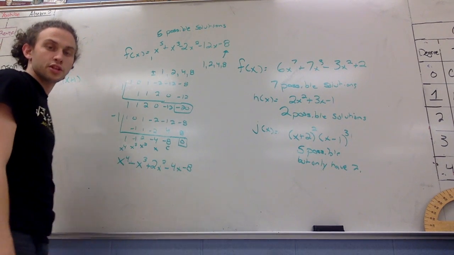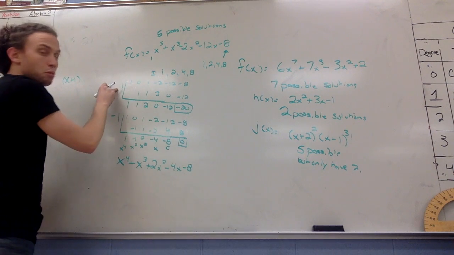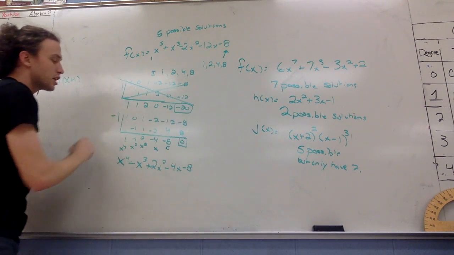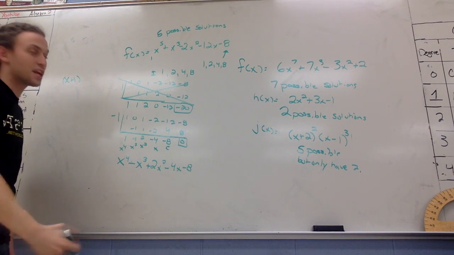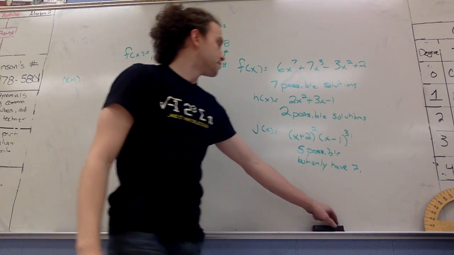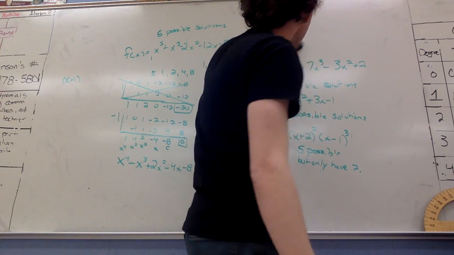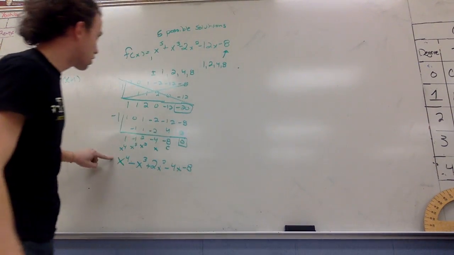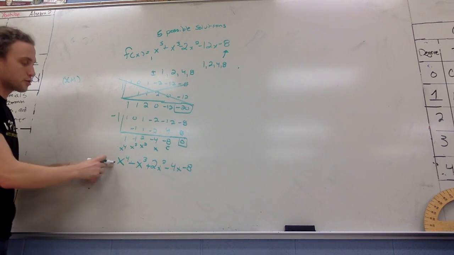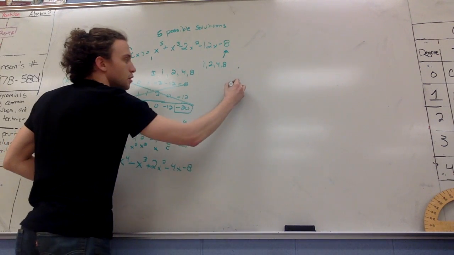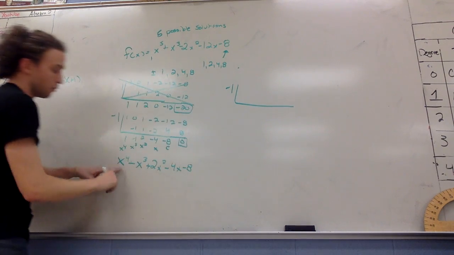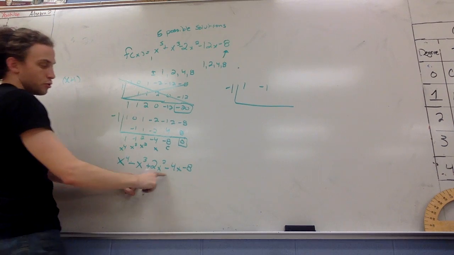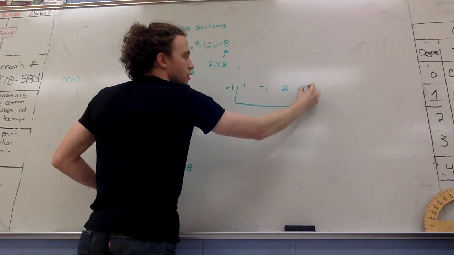And we have to use synthetic again. We don't have to check 1 again because we know it's not a solution. But we can check negative 1 again to see if it is, because it could have a repeated answer here. So let's do that real quick. So I'm going to check negative 1 again for here. So my coefficients I'm going to write down: I have 1, negative 1, 2, negative 4,